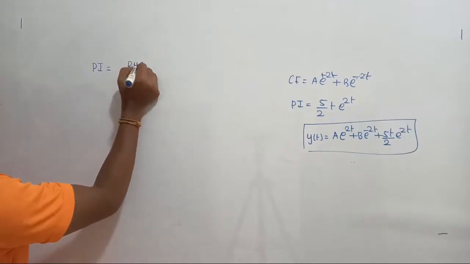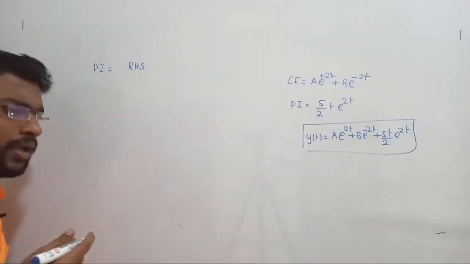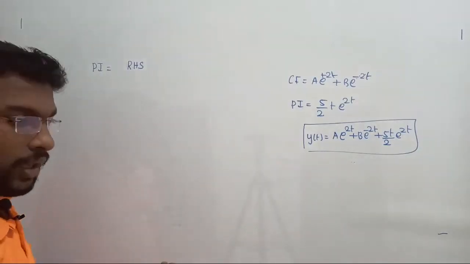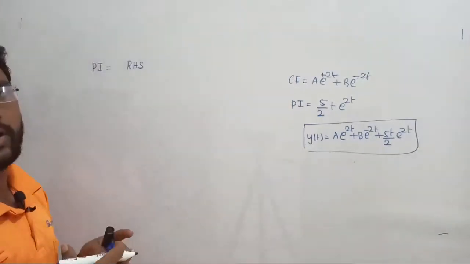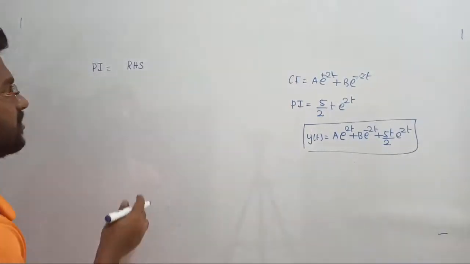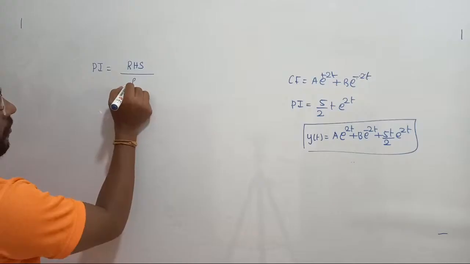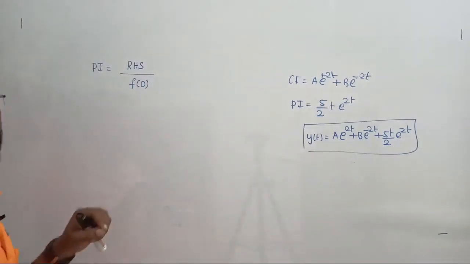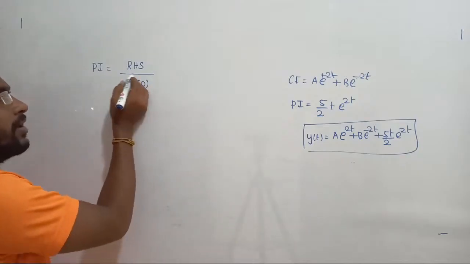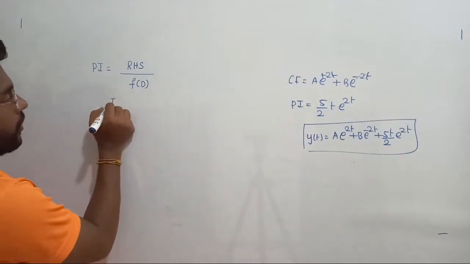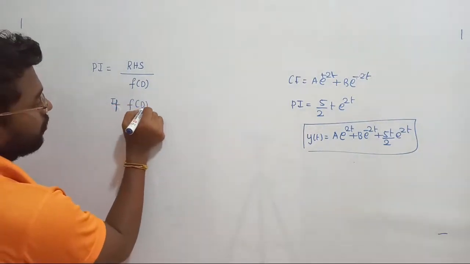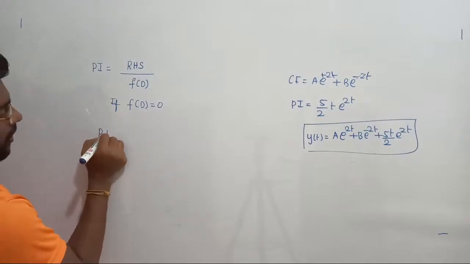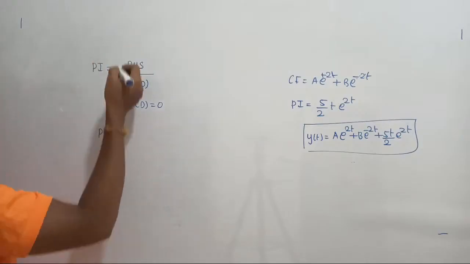ஒரு RHS இருக்கு, எந்த சிக்னல் நீங்க கன்சிடர் பண்ணுங்க. It might be e power alpha x or cosine x or sin x, right? We saw a polynomial equation and then while clubbing them together, எதுவா இருந்தாலும் சரி எல்லாத்துலயுமே காமன் ப்ரொசீஜர் என்னன்னா RHS divided by f of d. நீங்க வந்து இந்த ப்ரொசீஜர் வந்து ஃபாலோ பண்றீங்க. ஏதோ ஒரு ப்ரொசீஜர், ஒவ்வொரு இதுக்கும் ஒரு மாடல் நம்ம பார்த்துருக்கோம் இல்லையா. இப்போ நீங்க என்ன பண்ணீங்கன்னா டினாமினேட்டர்ல இருக்க வேல்யூ, suppose if f of d will become 0 for some values, ஏதோ ஒரு வேல்யூல f of d 0 ஆகுதுன்னா what you have to do, particular integration can be written as numeratorல போயிட்டு